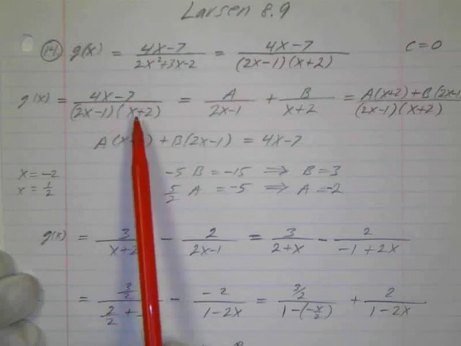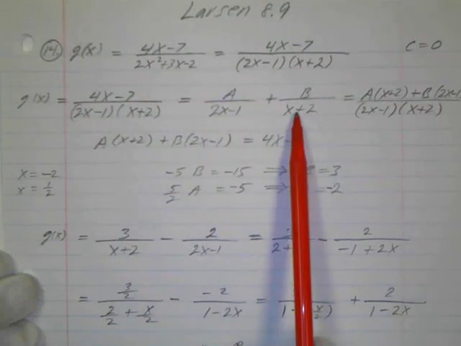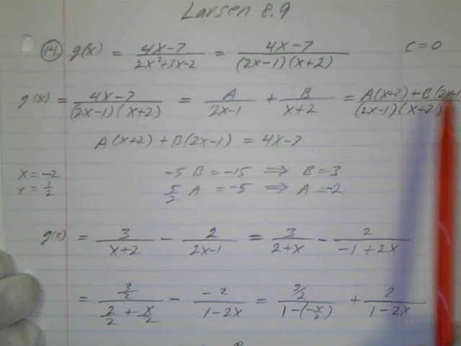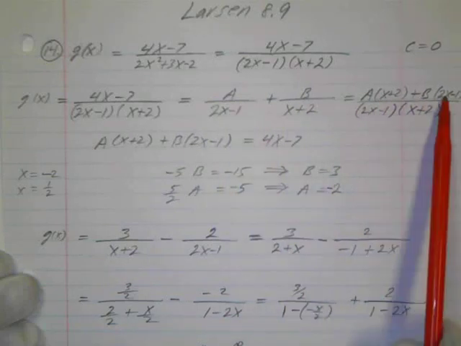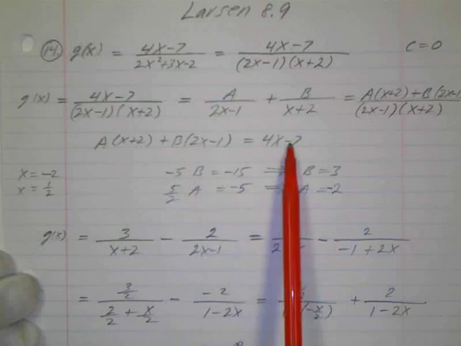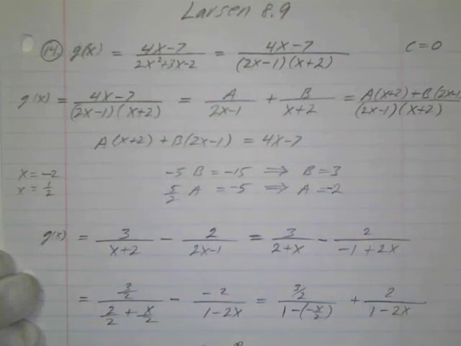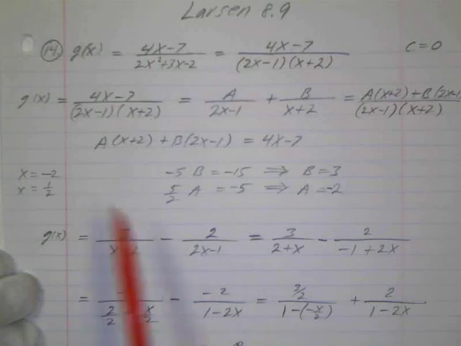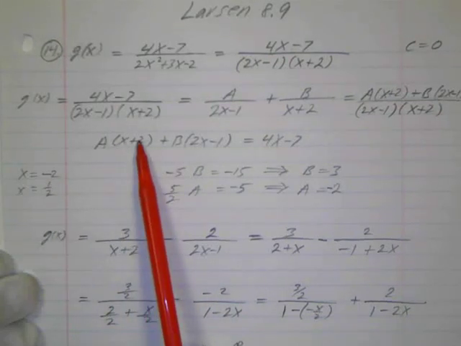So g of x equals this, and then again we break this up: A over (2x minus 1), B over (x plus 2). And then you can see we just get a common denominator of (2x minus 1)(x plus 2). And here we have our numerators are equal if the denominators are equal and the fractions are equal. And we pick convenient values, so if I put negative 2 in here, negative 2 plus 2 is going to zero out, so I just have